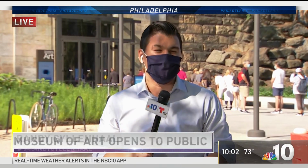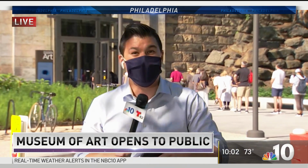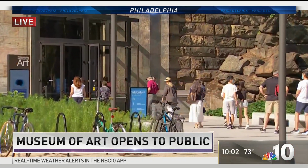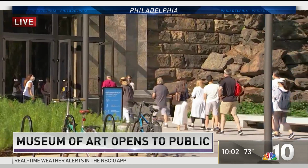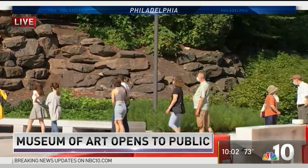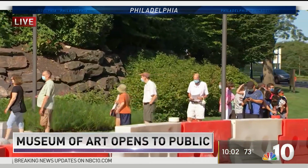It's official. The Philadelphia Museum of Art has reopened its doors to the general public. It's been a long time. Let me show you the line of all these people walking in. Some 6 months of waiting after COVID shut down museums along the Parkway. This is a big step toward normalcy, and as you can see, a lot of people lining up,